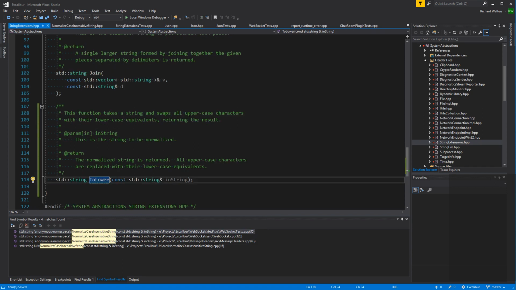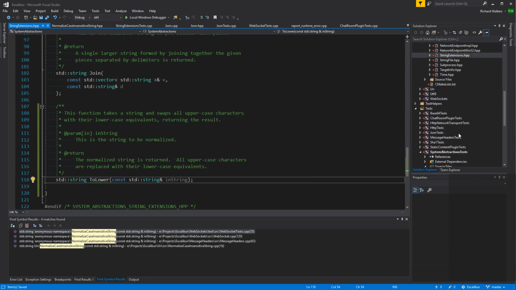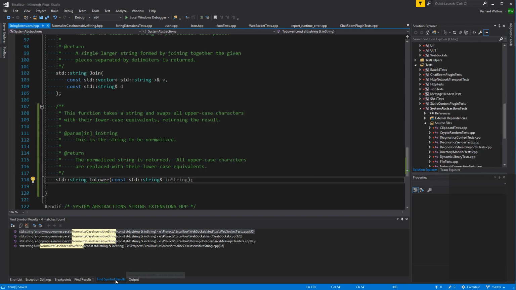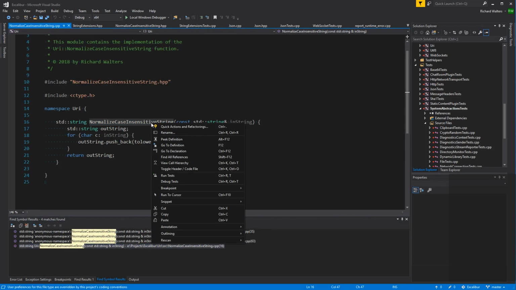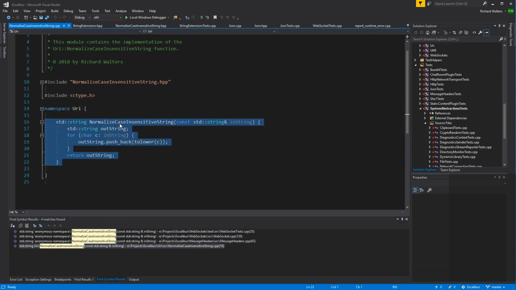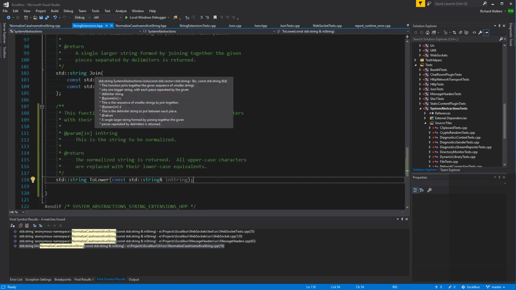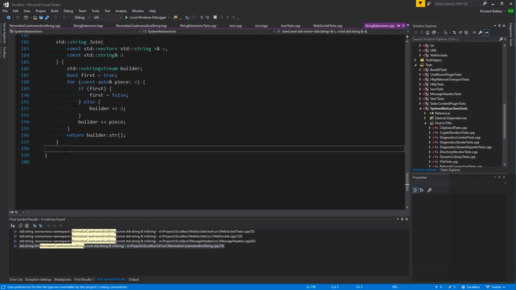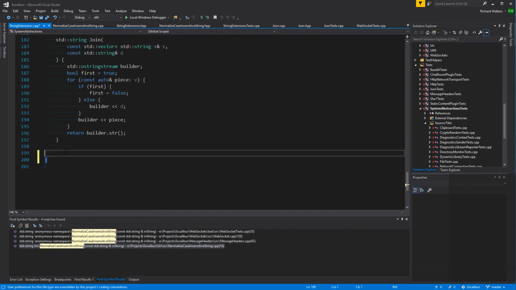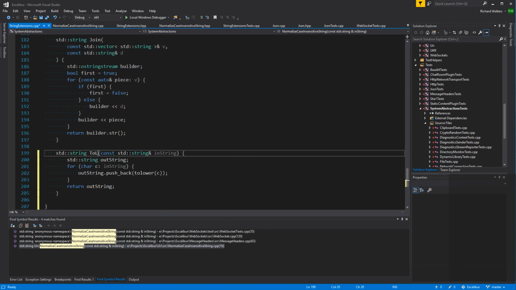Takes a string and swaps all uppercase characters with their lowercase equivalents, returning the result. Okay. And then we'll steal the body as well. To lower.